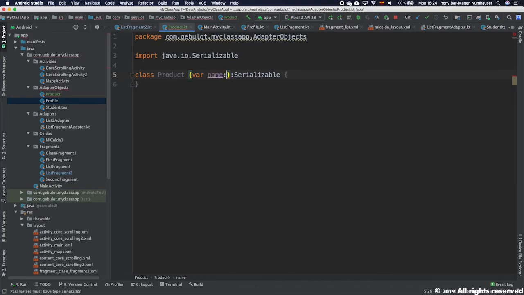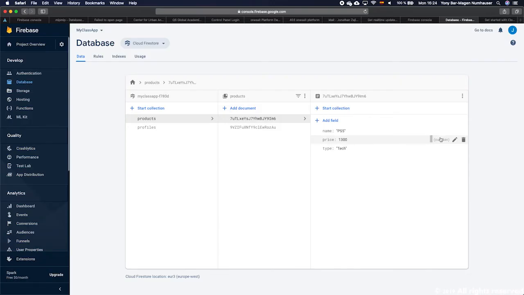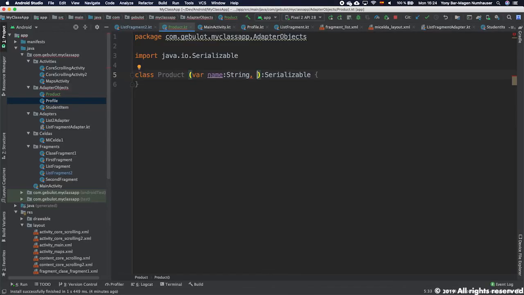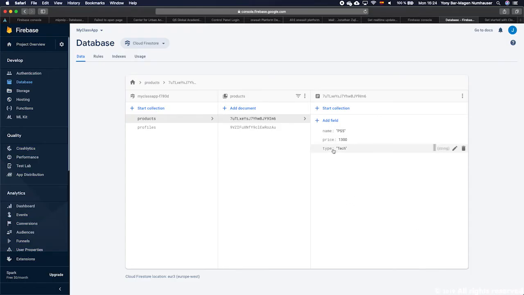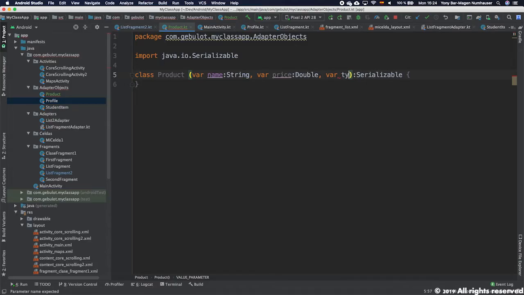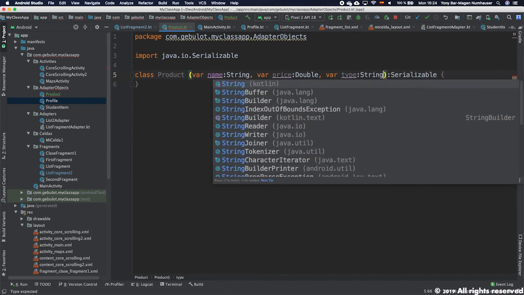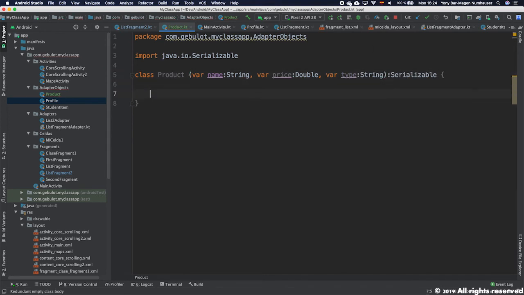So we have name of type string. We have price of type number, which here will be an int. Well, we can even put a double if we want. Var, let's hope it works. If it fails, it will give us a message. Type of type string again. The final step is to define a constructor to be able to create